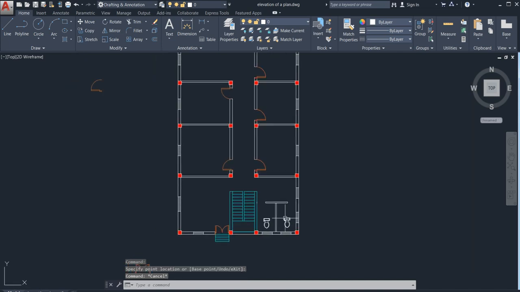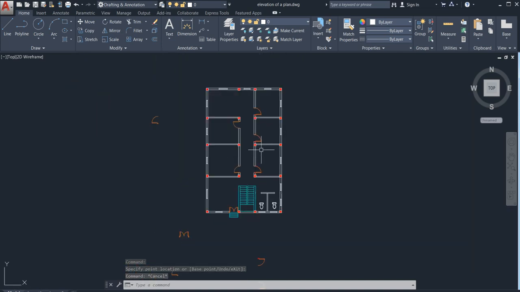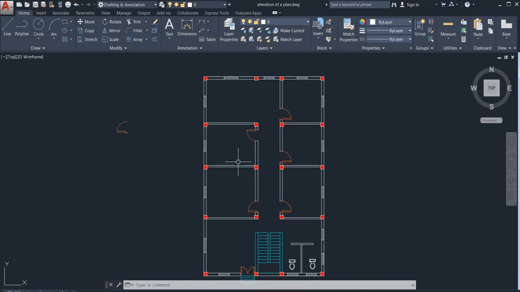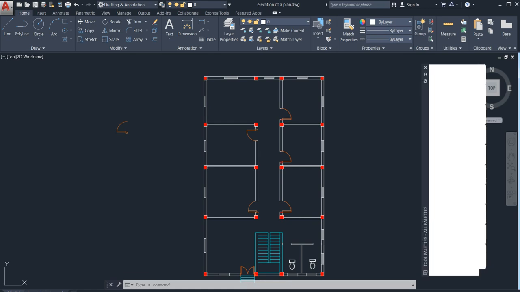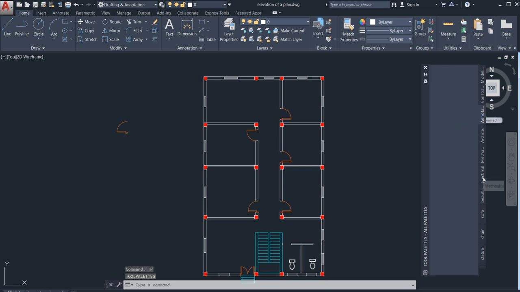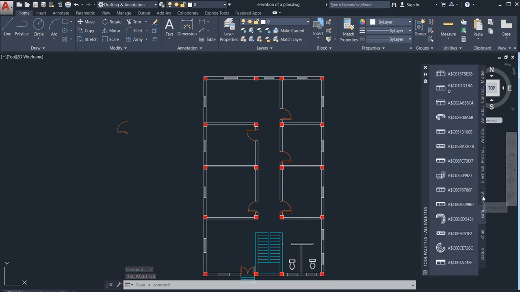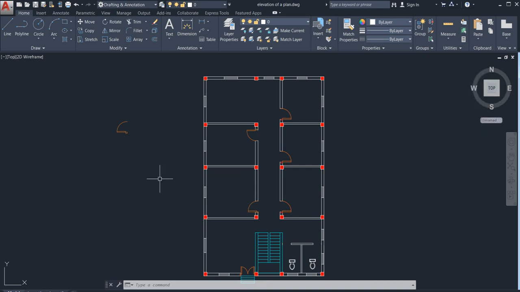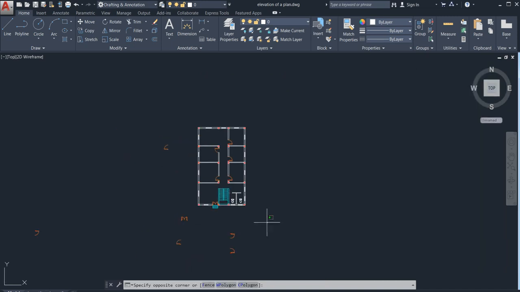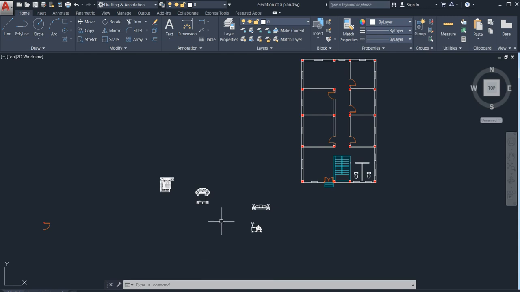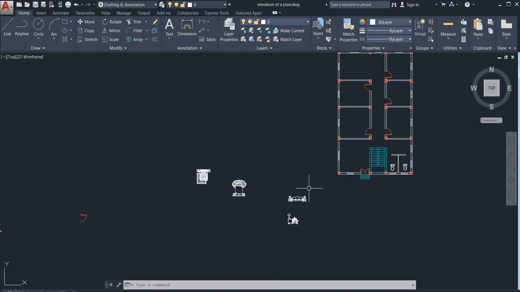After that, we need to add some CAD blocks, right? So how could we add them? You can see my previous video, as I already told you. From the tool palette you can see beautiful sofas, beautiful chairs, you can add them from there. Manually I'm going to add this. Now you can see that I have got it from my tool palette.